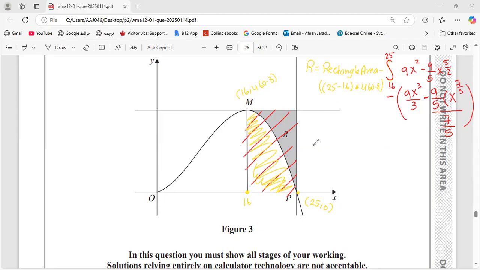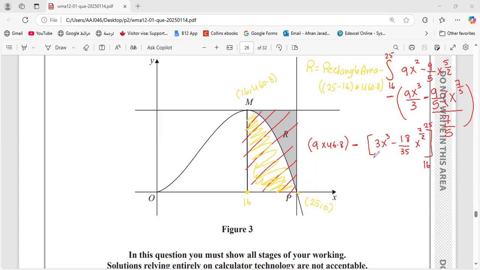So it will be 25 minus 16, which equals 9, 9 multiplied by 460.8, minus 9x cubed over 3, which equals 3x cubed, minus 9 over 5 divided by 7 over 2, which equals minus 18 over 35 x to the power of 7 over 2. You need to substitute the upper limit, which is 25, minus the lower limit, which is 16,